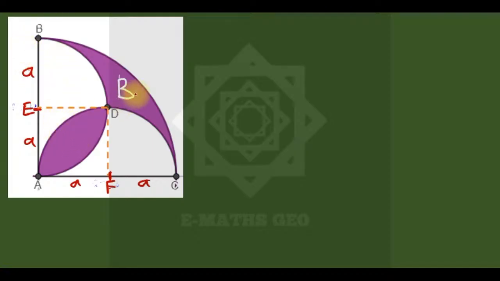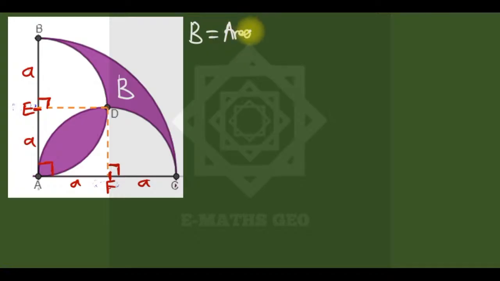As you can see, if we want to get this area, that's area of B, it is the same as subtracting, this is 90, this is a straight line, it's the same as subtracting these two quarter circles with the square from the sector, the bigger sector. So if we subtract this area from this sector, that's B. So I'm saying that to get B now